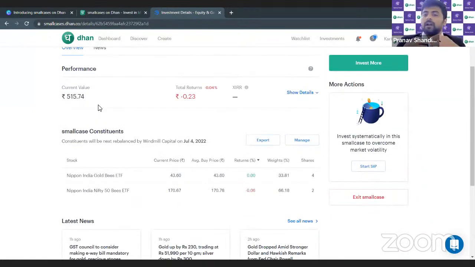Now, how do I set up an SIP in a small case? We all know how SIPs work in the market. We are all aware of why the entire industry says do SIPs, do SIPs. So I'm not going to elaborate on why we should be doing SIPs, but that is the best way of investing. So अगर हमको एक small case में SIP करना है as traders or as investors, हमको क्या करना है,